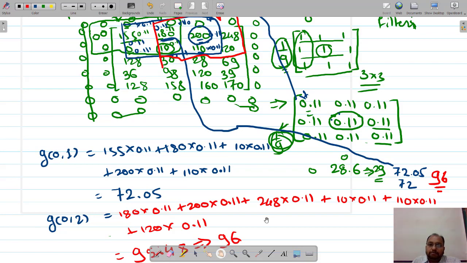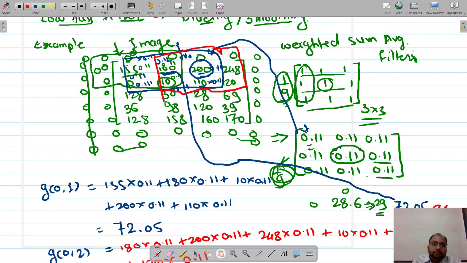Okay, so a similar kind of operation we are going to perform. Now what is the area over here? This is the area on which we are going to perform the filtering operation, and this is now my center element over which I am going to superimpose this matrix. Are you getting it? Fine.